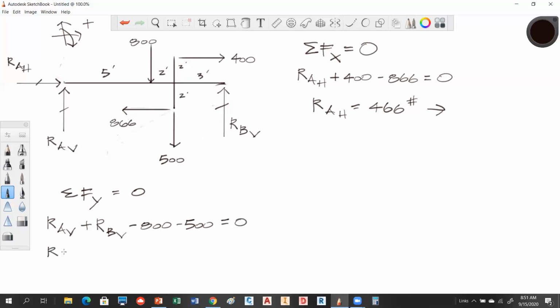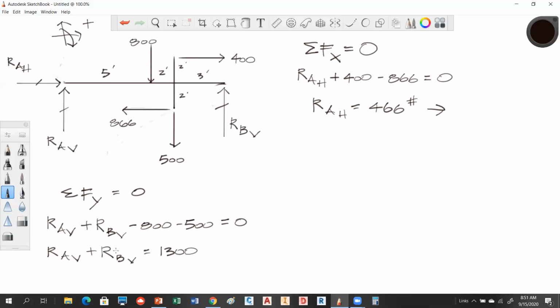Unresolvable, but it does tell us that when we add these two guys together, that's going to get us 1,300. So negative 1,300 is going to come over as a positive 1,300. So what that tells us is that the sum of these has to be equal to 1,300 pounds, but we don't know what the distribution of this is. So in order to determine how much this is carrying and how much that's carrying, we're going to have to